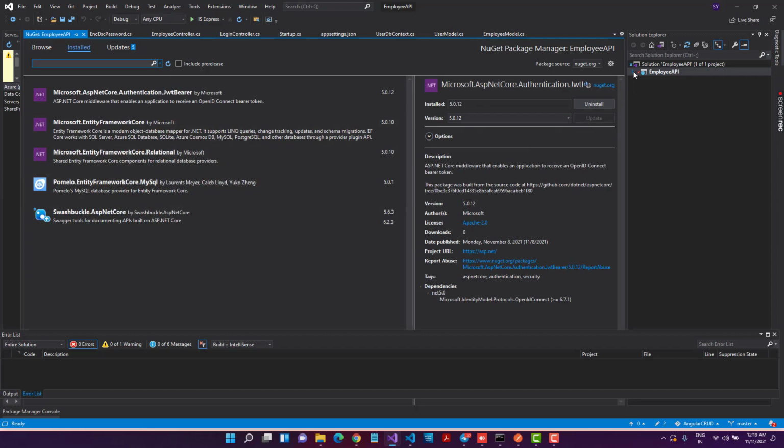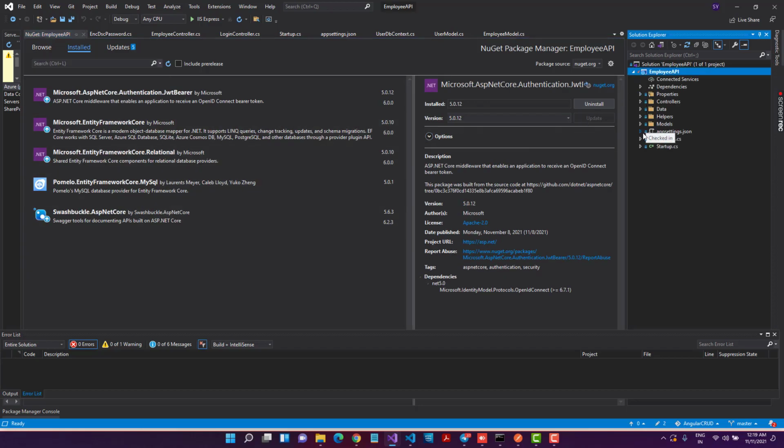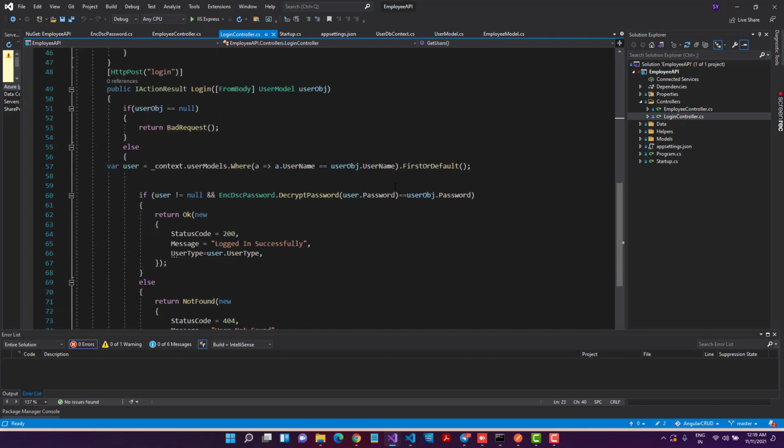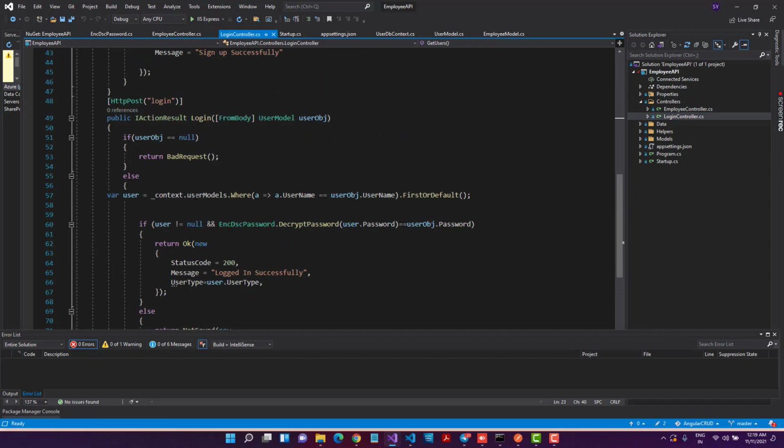Now I'll go here in the login controller and create my first method so that it will generate my JWT token. Let me go inside my login controller. This is my login method. As I have told you, I can create a token whenever I am sending a username. So the token will be created for a user. Let me see how I can get this username so that I can create a token for that user.